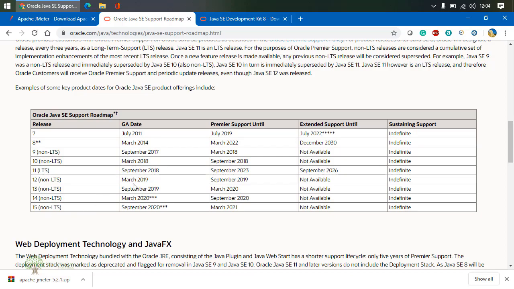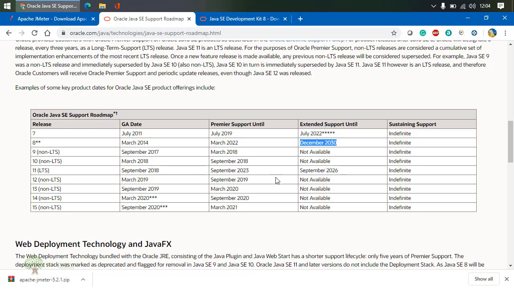If you guys notice, 14 came up last month in March 2020, and now the thing is that if you notice support, right, which is the most important thing, JDK 8 is supported till December 2030, right?